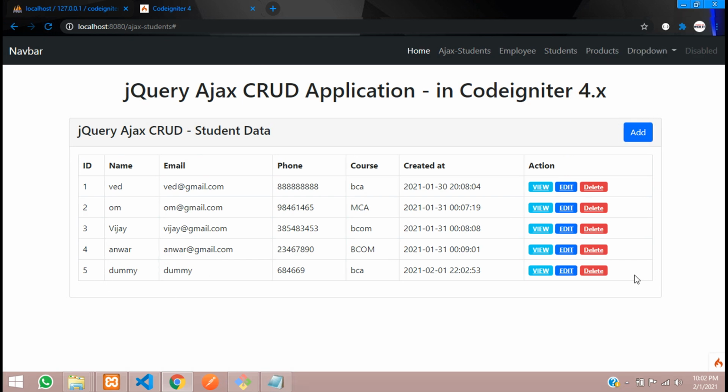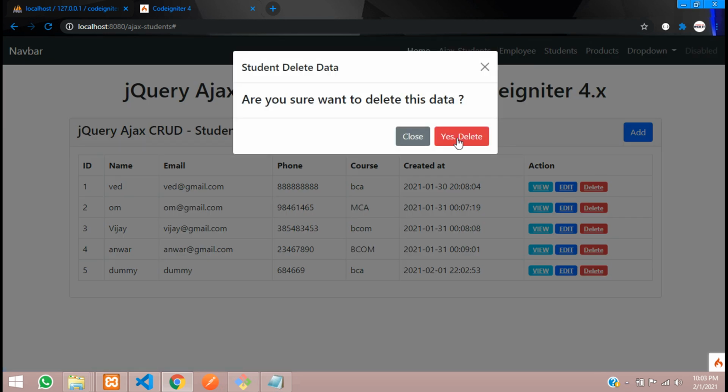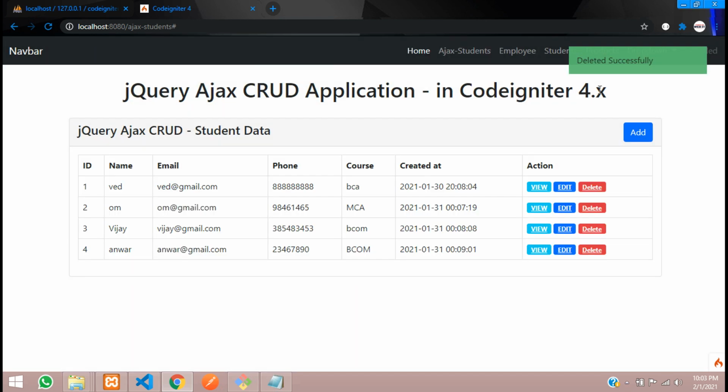Okay, and let's click on delete for this data. So let's click yes, delete. You can see data deleted successfully and that ID number 5 is deleted. So guys, we have successfully completed our CRUD application using jQuery Ajax in Codeigniter 4, and thank you for watching